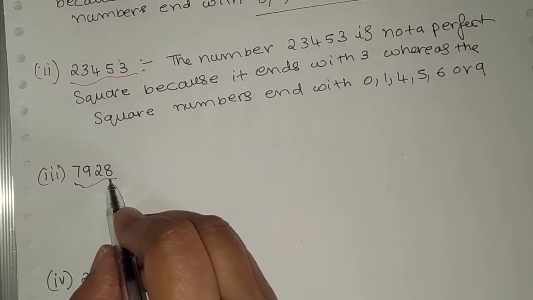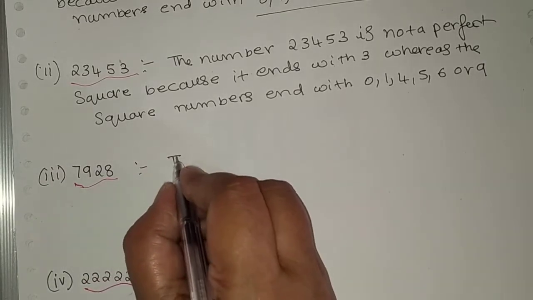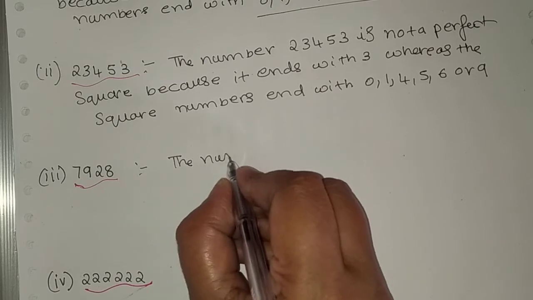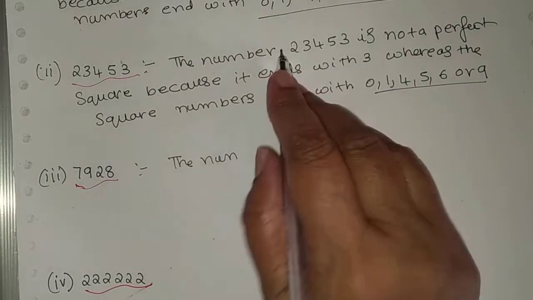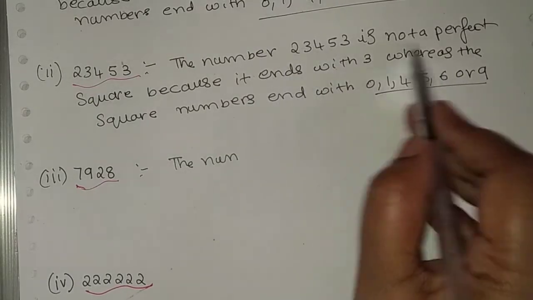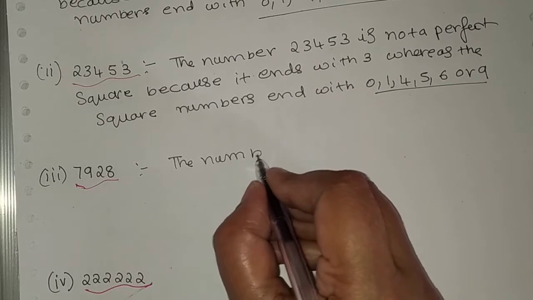Next one is 7928. We write the number. See, in the list we don't have 3, so it's not a perfect square because it ends with 3. Next one, the number